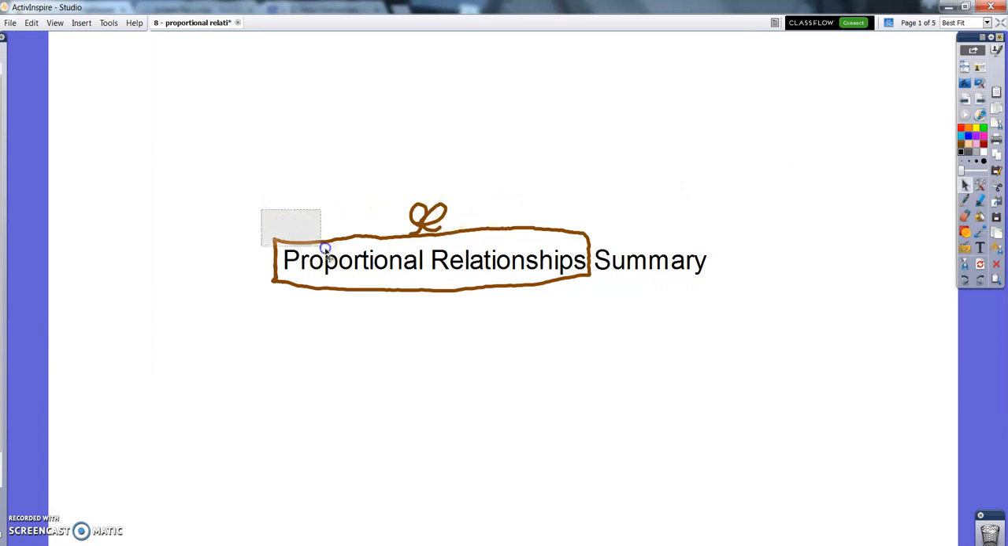Which I guess it doesn't make a lot of sense for the package and the bow to be brown. You wouldn't do that, would you? Let me make it red. There we go. That's a better gift to receive. So go ahead and make this the title of your last proportional relationships page in your notebook, and on we'll